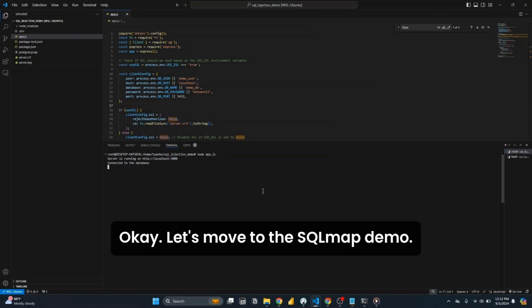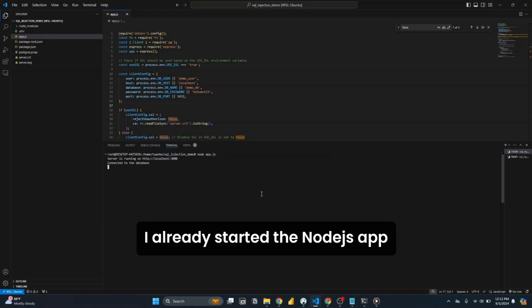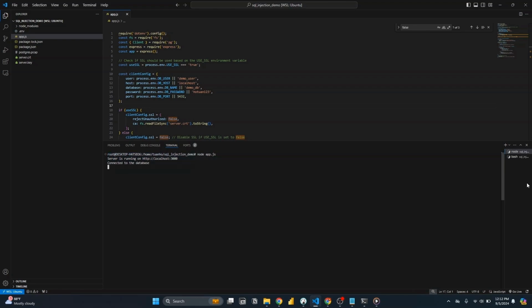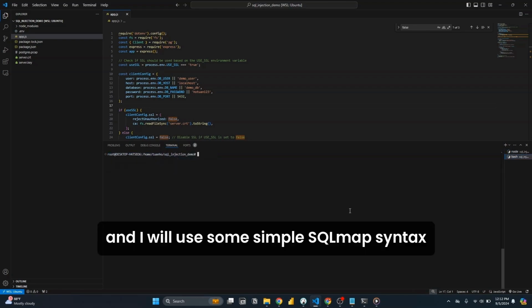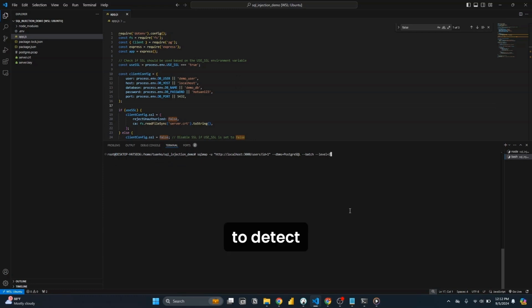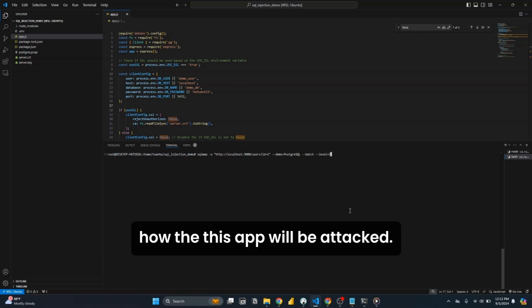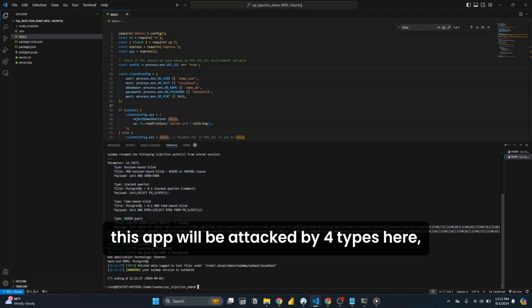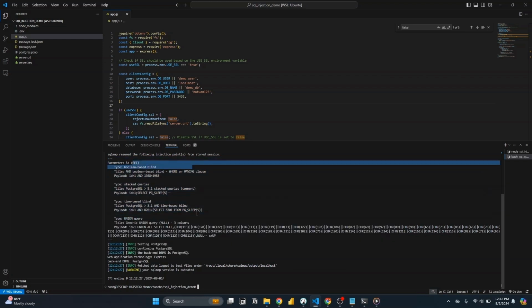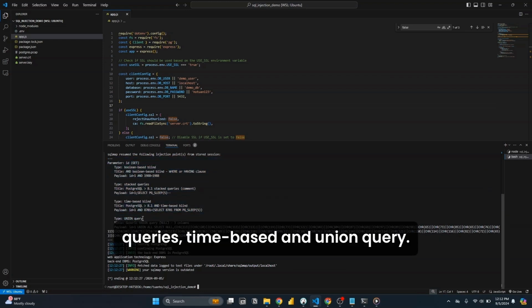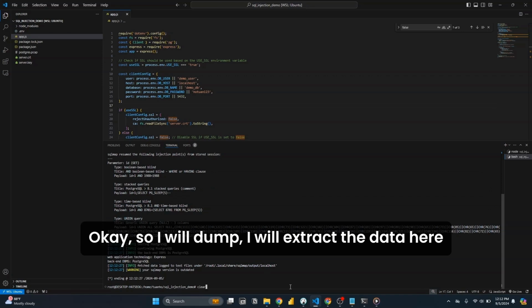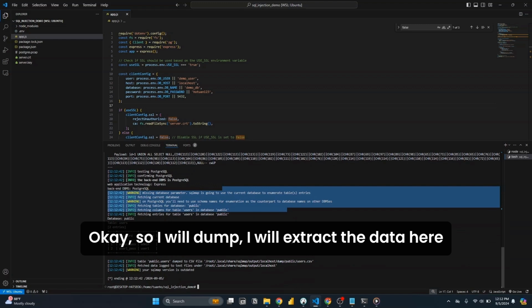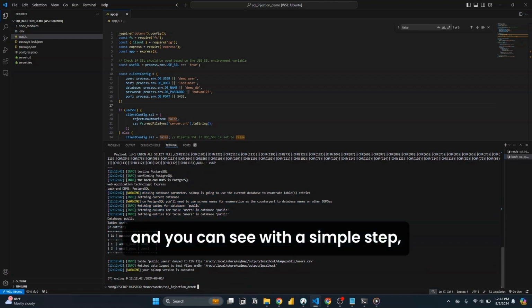Okay, let's move to the SQLMap demo. Here I already started the Node.js app, and I will use some simple syntax of SQLMap to detect how this app can be attacked. And it detected that this app can be attacked by four types, including boolean-based, stacked query, time-based, and union query. Okay, so I will extract the data here, and you can see